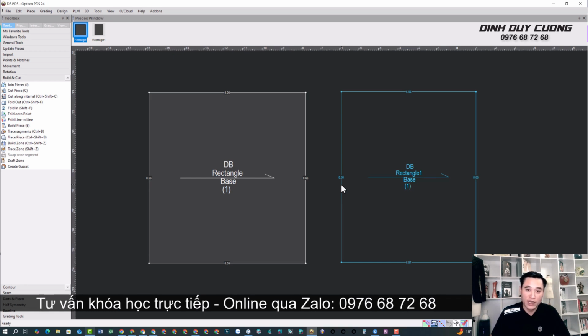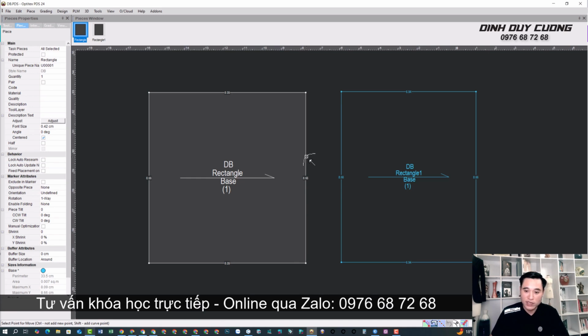In today's video, I am going to answer a question from one of my students. He sent me an Optitex file and inside it there are two squares like this. He wants to know how to remove the detail linking feature because when he splits this detail in half and edits one side, the other side changes as well. So, I will make a video and share the solution with you.